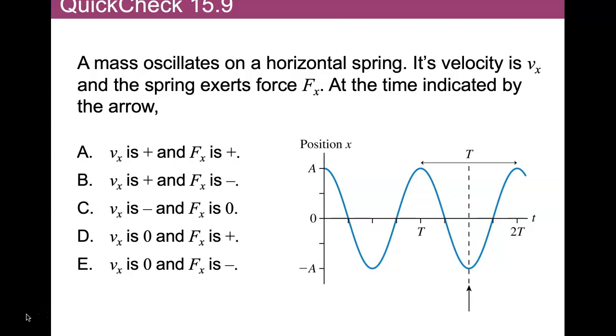At the time indicated by the arrow, this is a plot of position x versus time. As usual, position goes between minus a and a. The period is the distance between two peaks. At this point, where x is at minus a,